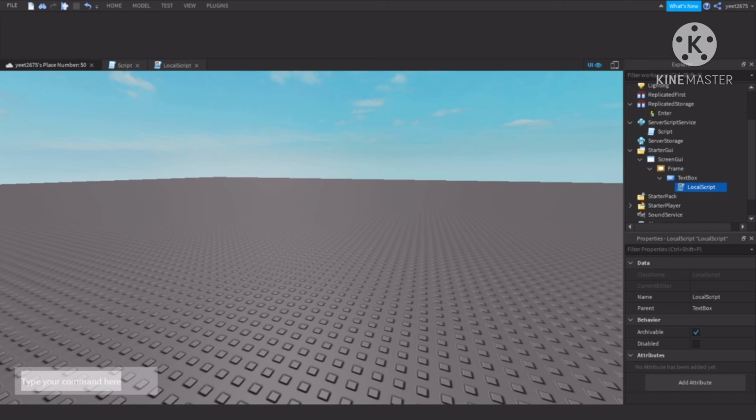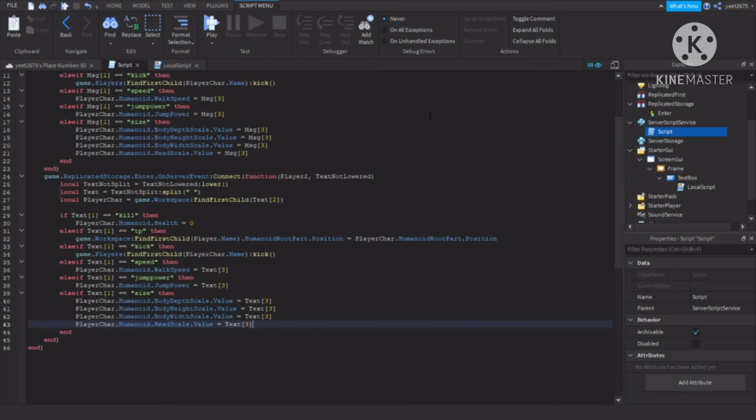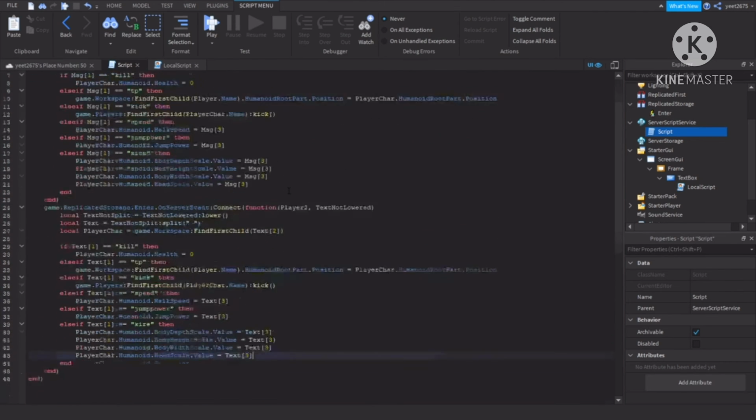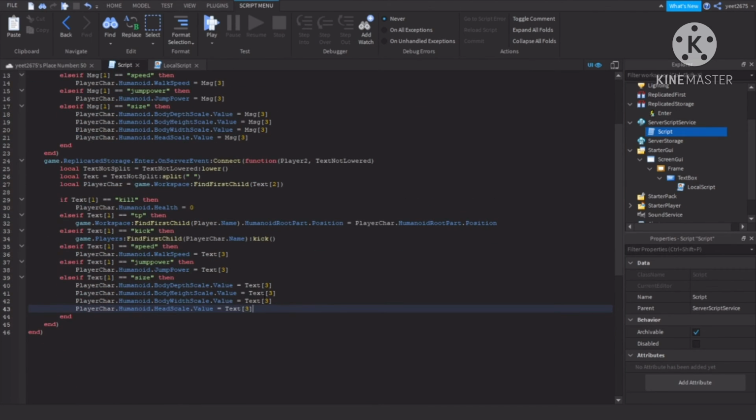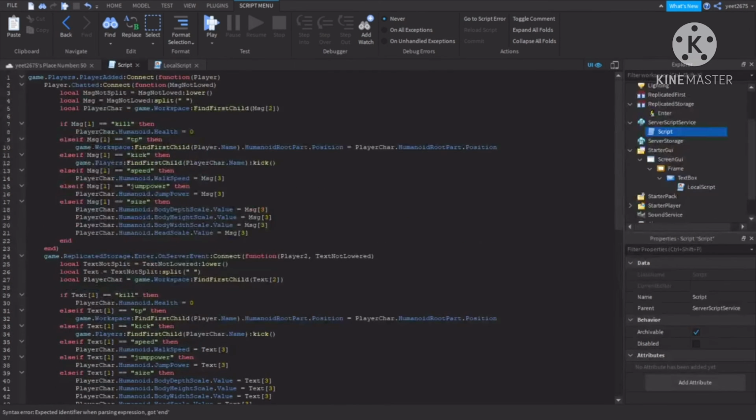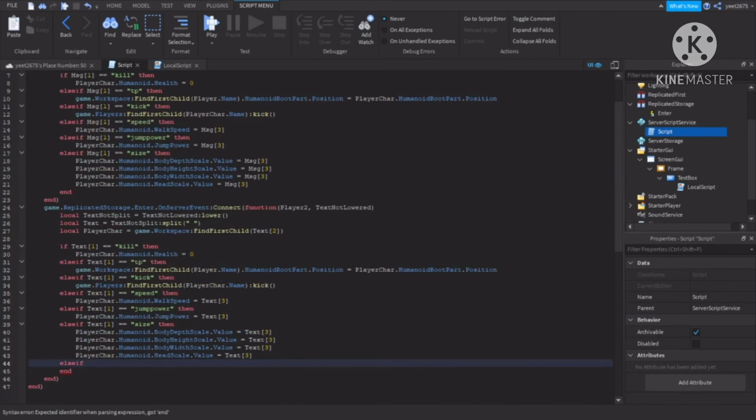So now we're going to add a couple more commands, and I will be having a part 2 to this. So if you want, I'll create a part 2 and you can do all of these. So we now have to set for both of these. So instead of it being one, we're going to have to set. So if there's one command here, there should be one command here. So else if